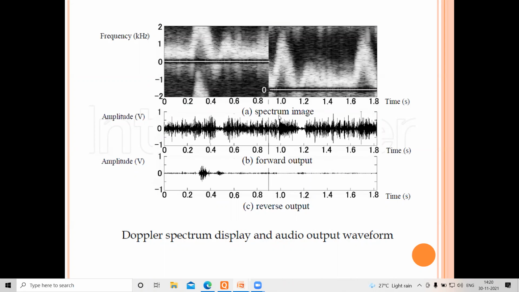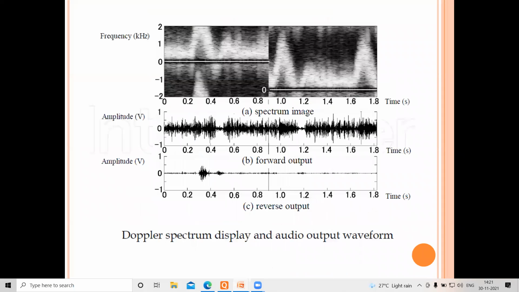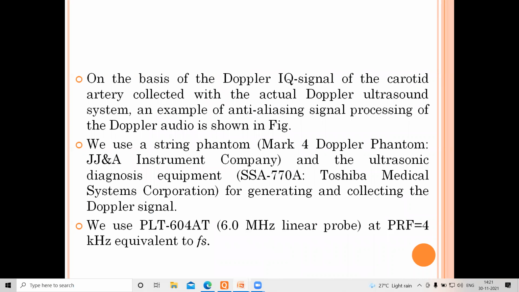You have two baselines. There is a shift, you can see. But if you look into the spectrum, it's a continuous spectrum which we can analyze in both the forward direction and the reverse direction. It's important to note that systems are built in with baseline adjustment, which helps in adjusting the aliasing problem. With respect to the spectrum, we'll have to introduce one more.